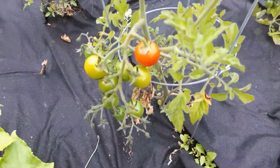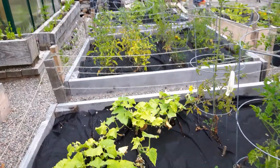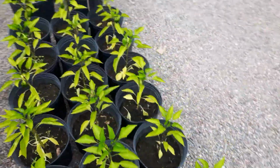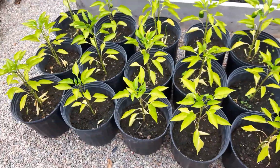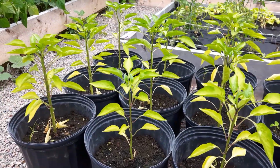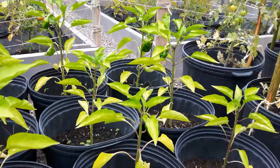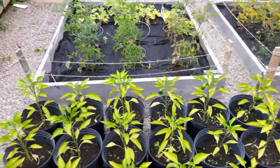My tomatoes are ripe. I'm testing the ones I planted myself from seed inside the house, and the ones I buy at co-op. And so far, the peppers from co-op, they're not doing that great. I mean, they're nice and green, but they don't flower much, and they're not producing much peppers. I have a couple over there, but I'm going to show you compared to the peppers that I seeded myself in the house in March,